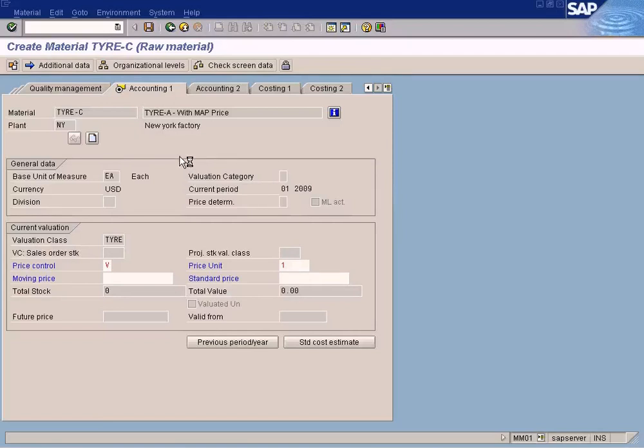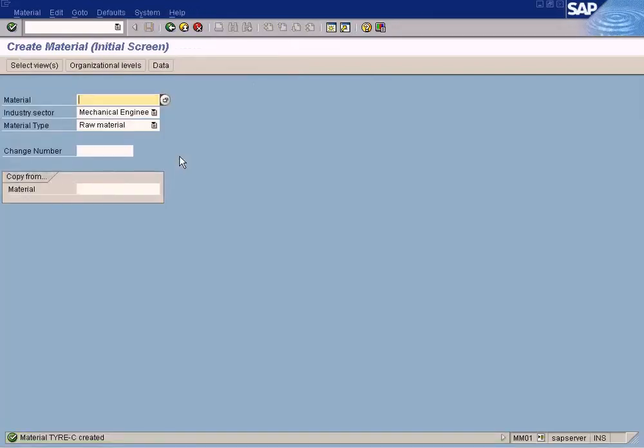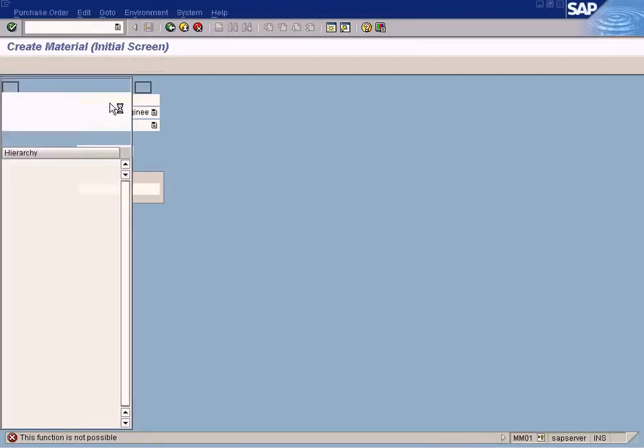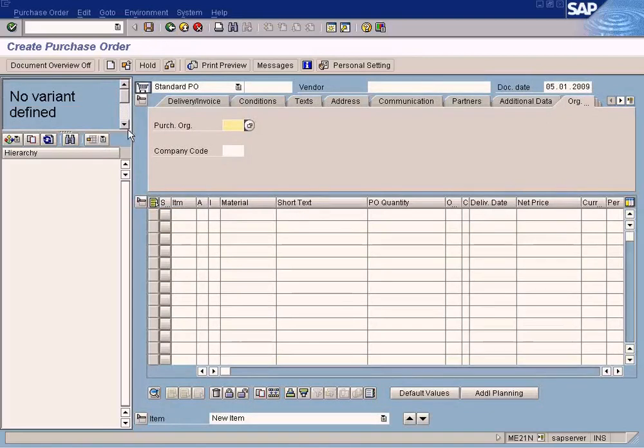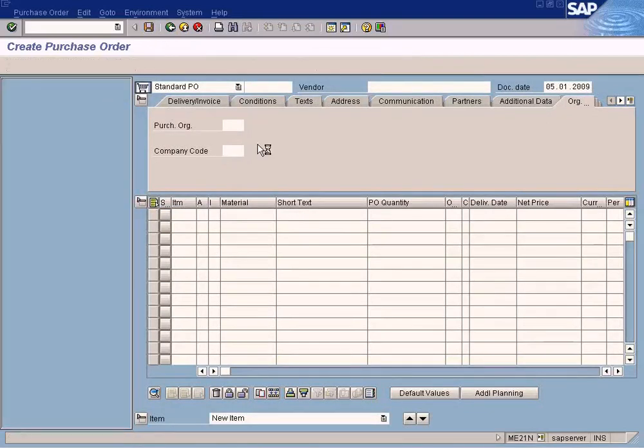Okay, let it save. Okay, it is saved. Now we get to create a purchase order, ME21N. This is a direct T-code to create a purchase order. I'm not going to create a purchase requisition because creating a purchase requisition is an optional step. You can actually directly go to purchase order creation,